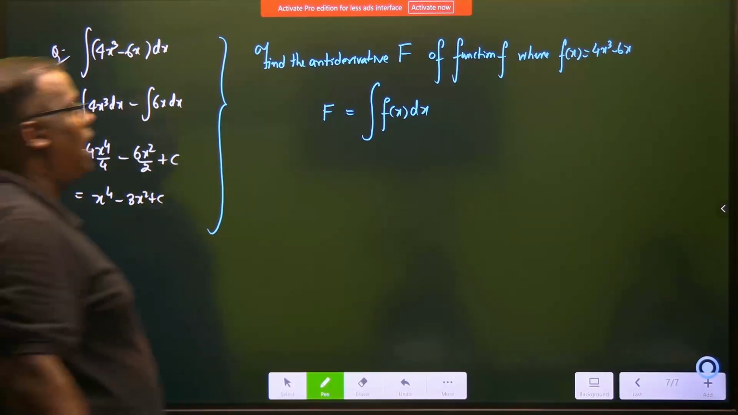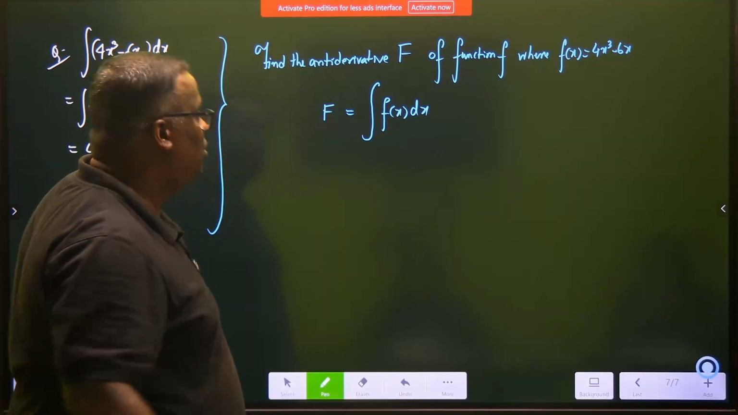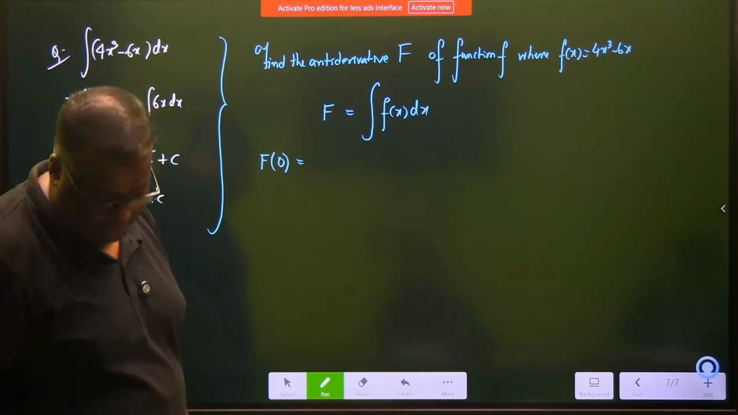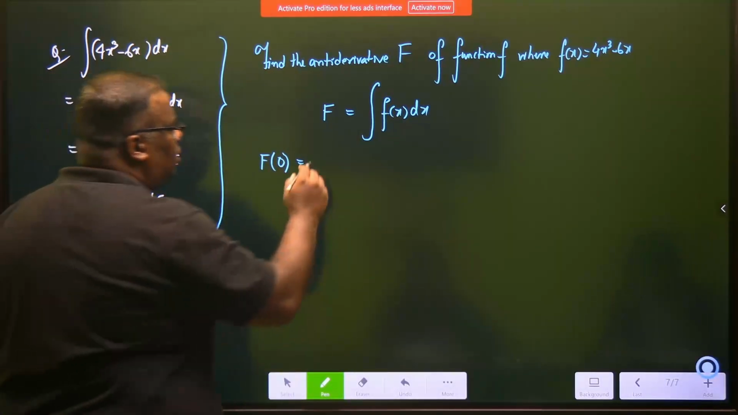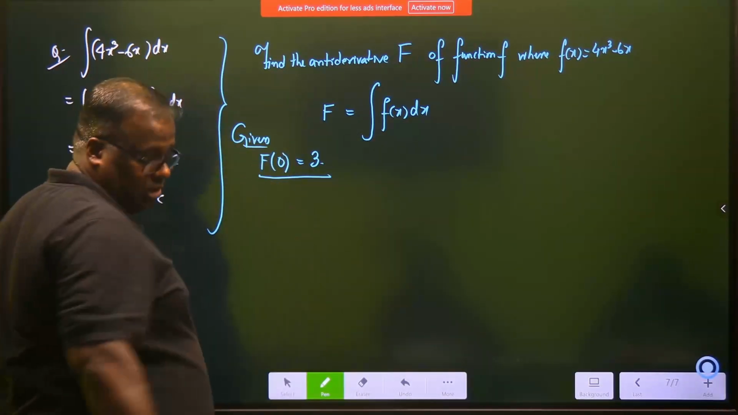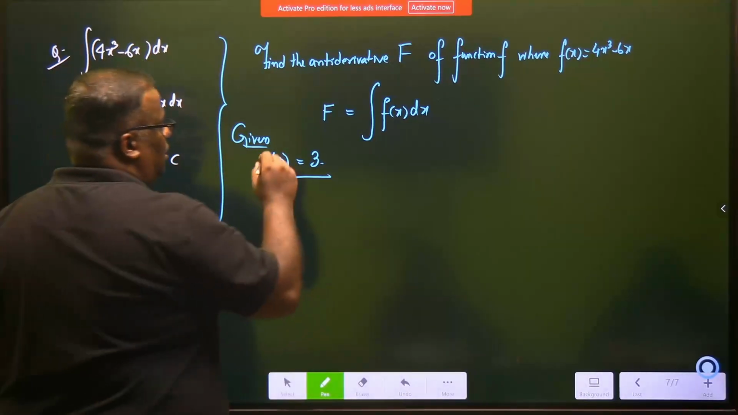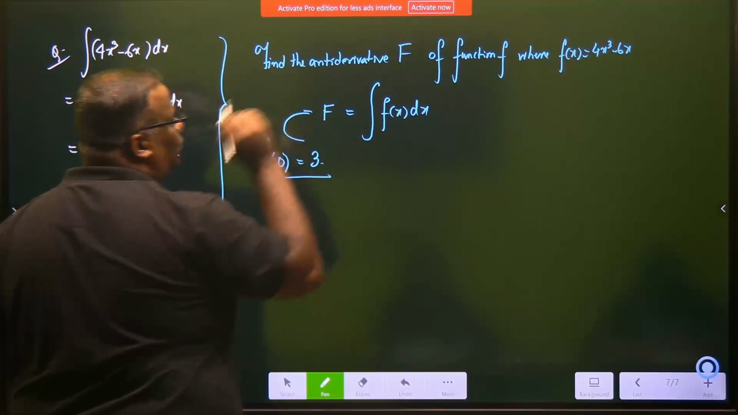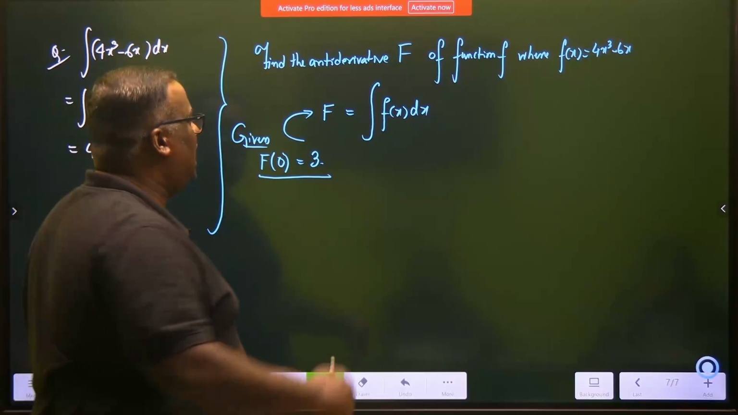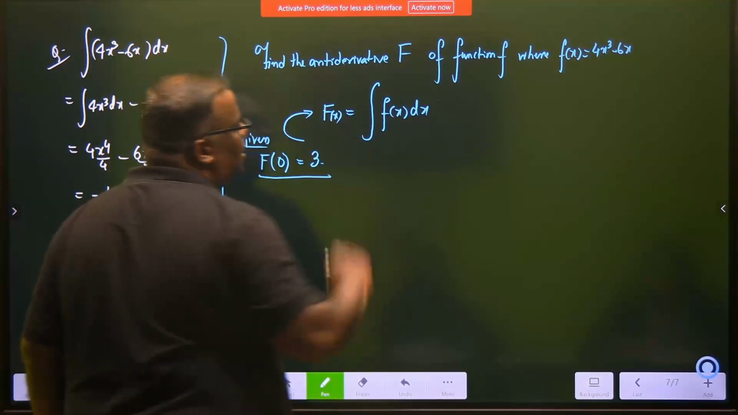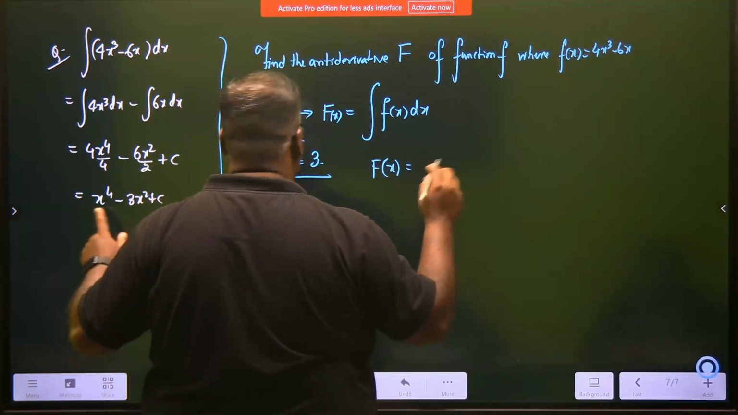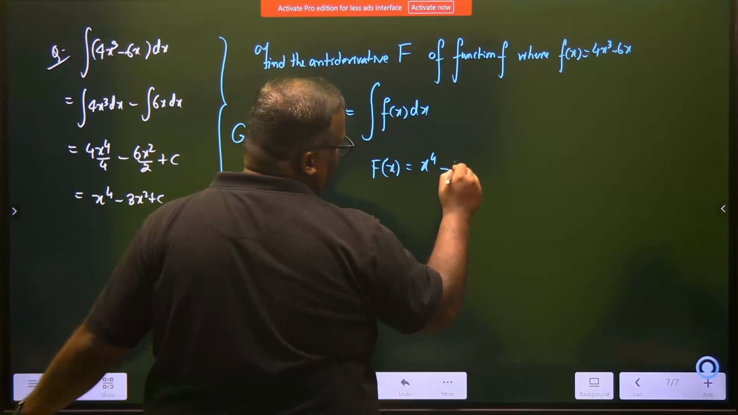Got it? And therefore, find the value of F(0) where F(0) is equal to 3. They have said that the value of F(0) is 3. Then they are asking you, this is given, you find the value of this. Have you understood? This is given to you, you find the value of this. The antiderivative F is also a function of x. And while solving this antiderivative, what did you get? You got x^4 minus 3x square plus